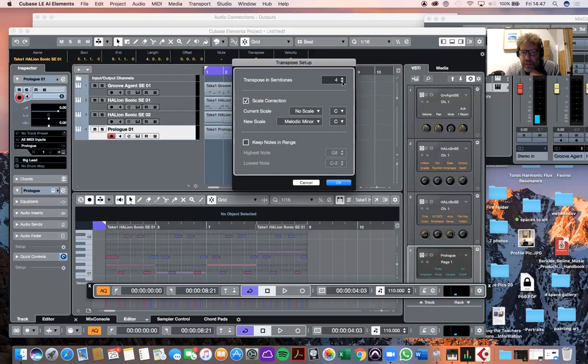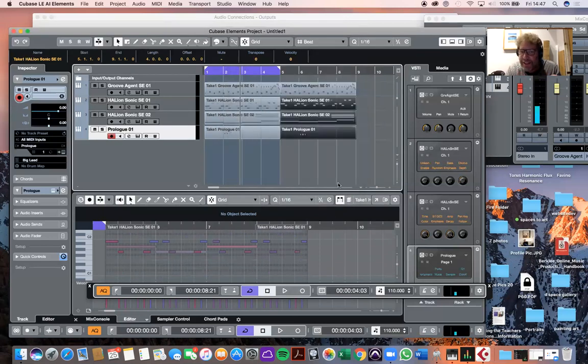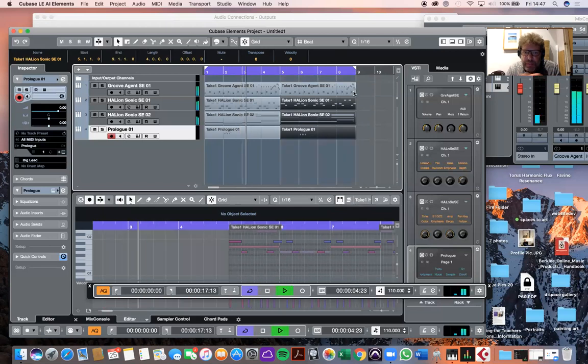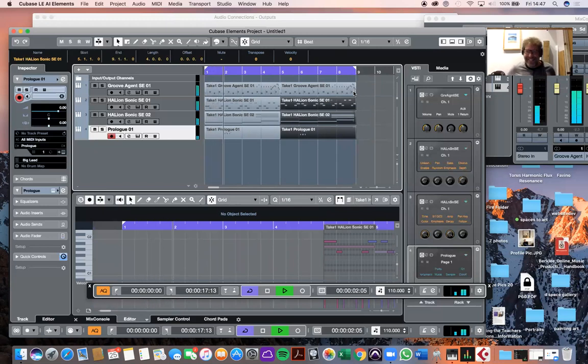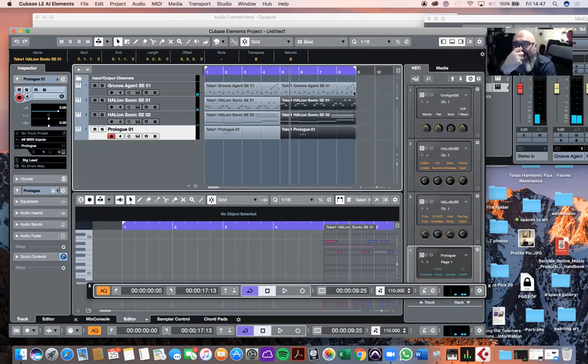transpose it as well. Let's just see what happens. Okay, and it's just done it automatically. So now, if we extend that over the 8 bars. That's quite odd, but it's changed it. That's quite jazzy. It's very jazzy, isn't it? Beautiful. So that's the prologue, and then the final instrument to show you, which I would let the